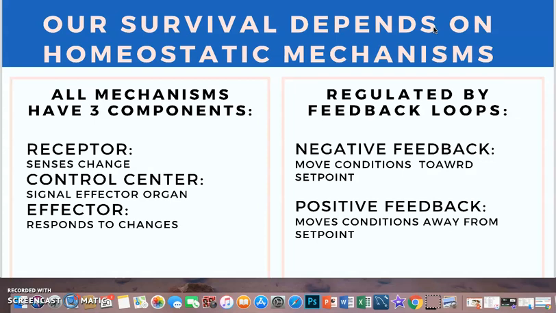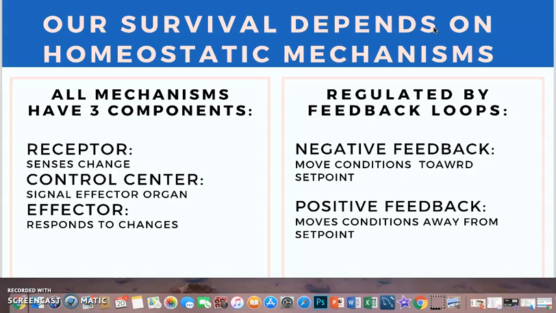Positive feedback loops are less common, because negative feedback loops are the most common feedback systems in our body. So positive feedback loops are the opposite, and they move conditions away from the set point. And they occur when conditions are purposely moved away from the set point. And the change is usually intensified, which increases the effector activity, which produces unstable conditions that are usually short-lived, but are needed to fix whatever problem is going on.